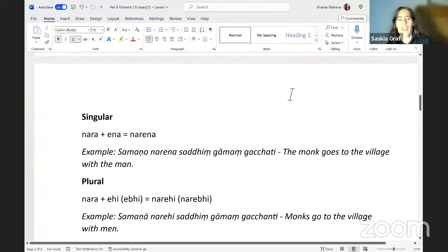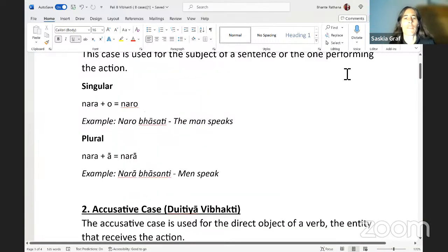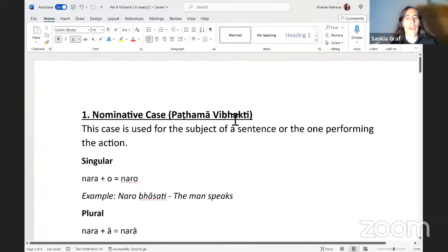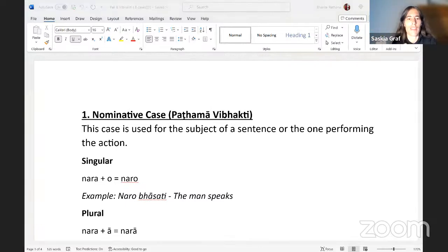Bhante? Yes. You had this example with a snake falling on the man, and in this case you use the locative. But we had in the lesson also, for example, that the man goes to the mountain, which is also going to a place, and then we used the accusative. Yes. So because